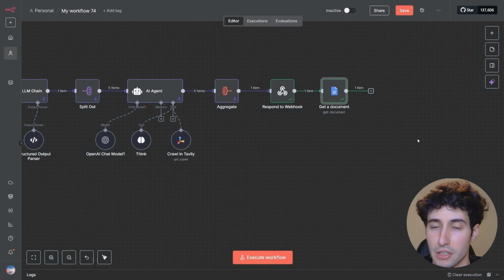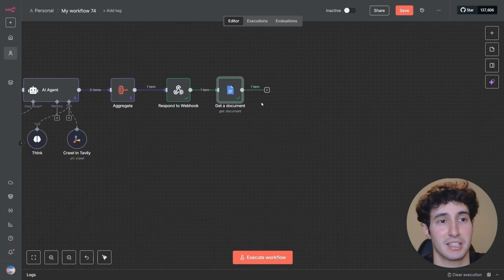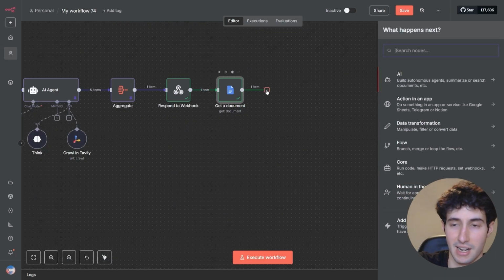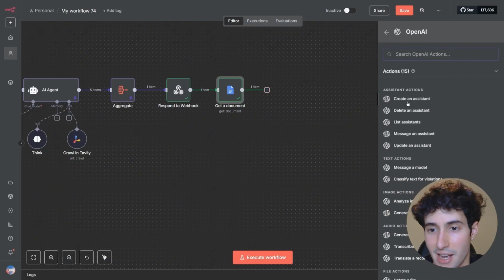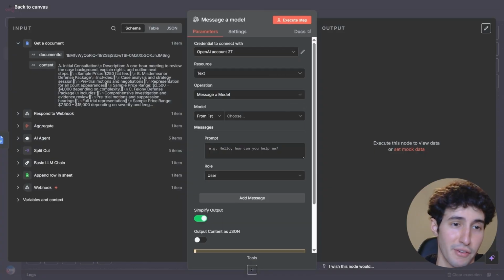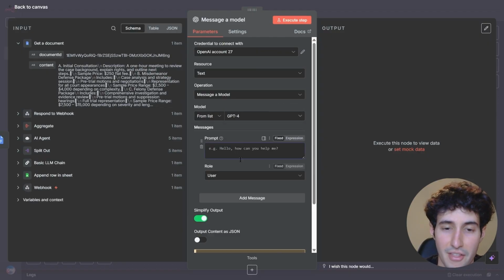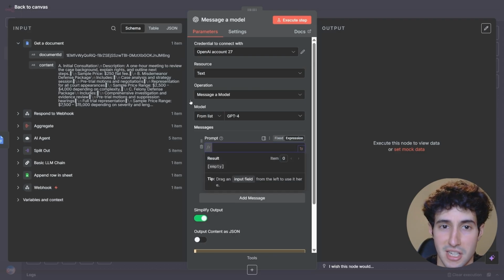So now what we need to do is, based on this information, create another message that basically tries to upsell our law services. And to do that, we're going to search for OpenAI, and then I will select message model, because I'm basically going to tell ChatGPT, hey, take in all this information and craft a message to upsell that person. So I will select a model, I will select GPT-4 for this example. And then over here in the prompt, we basically need to turn this into an expression